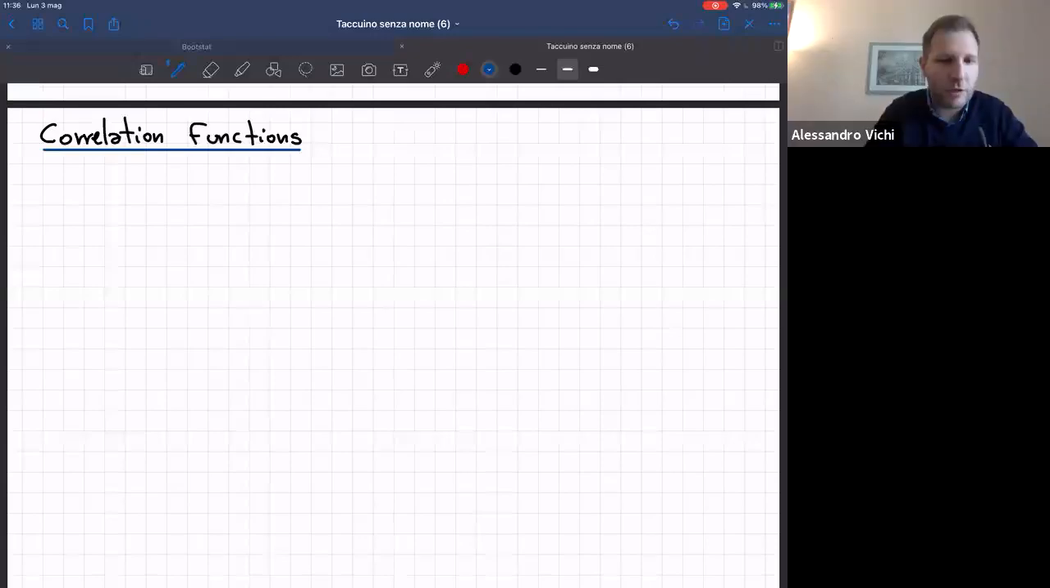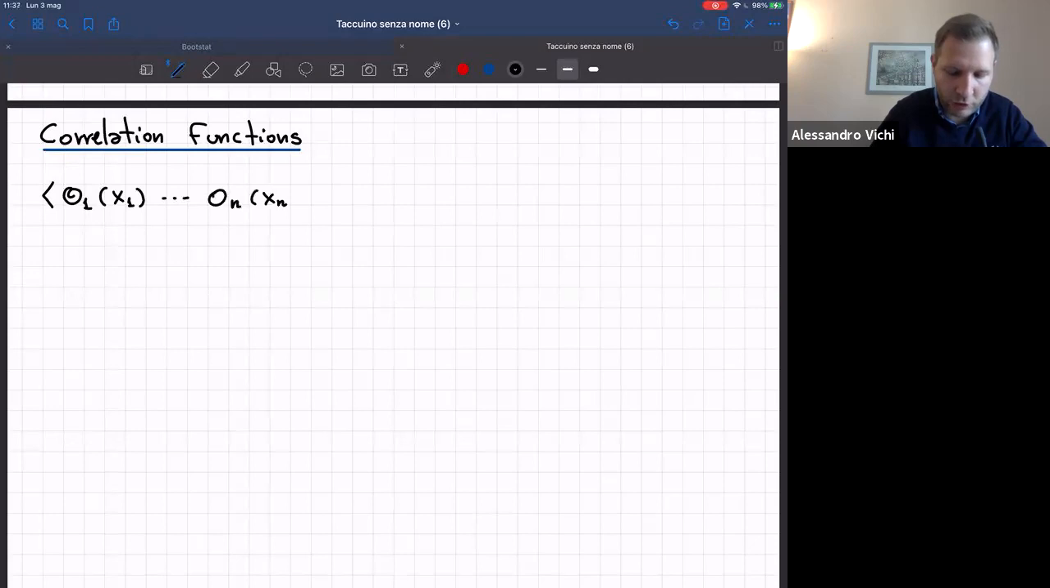Let's continue the discussion, and now we'll move to correlation functions. And when I say correlation function, in fact, I mean correlation function of local operators. Let's say something like expectation values of local operators, a bunch of them, inserted at distinct points. And you can think of this object, as we said at the beginning, as the scaling limit of certain combinations of